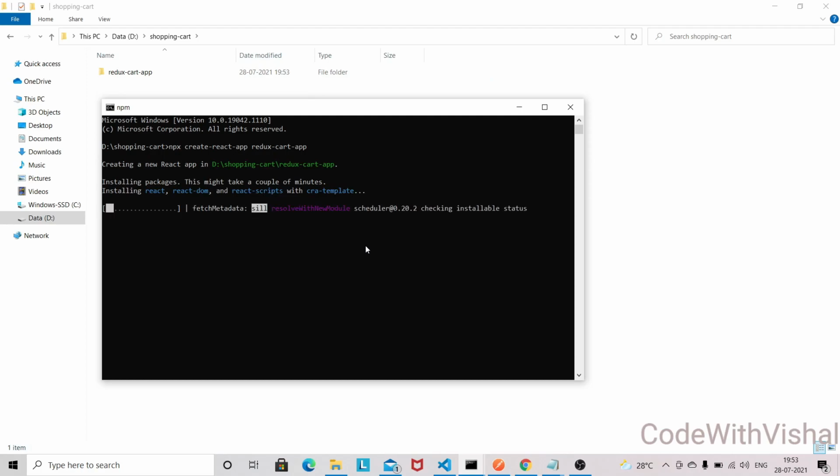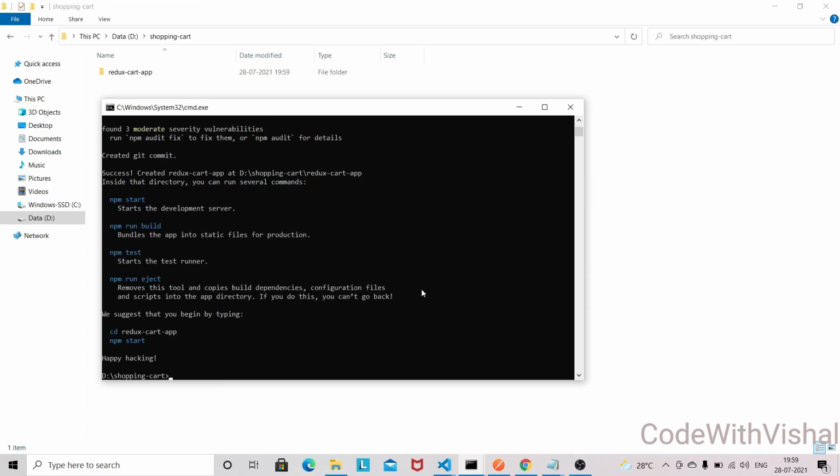Now it will install some dependencies, and based on your OS performance and internet connection, it will take around 5 to 10 minutes to install all the necessary dependencies. I'll be back once all the dependencies get installed.